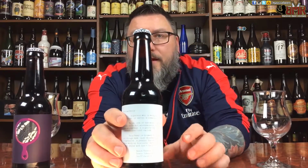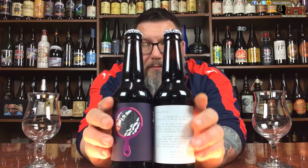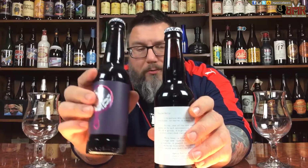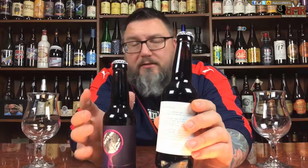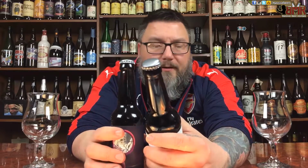You can get a good view of that. I'm holding both of them up here so you can get a good idea what they both look like. I love both the labels. From ghetto silver caps with nothing on them up top, to the whole fuck you racism thing. Who doesn't love that? Except for fucking racists. I love it. I love the fact that they put it out there and said, fuck you. But put it in such a provocative package that actually works. So I think it actually is...